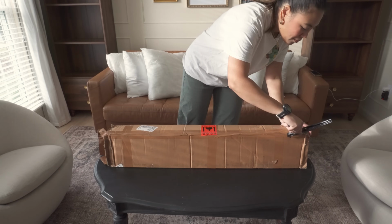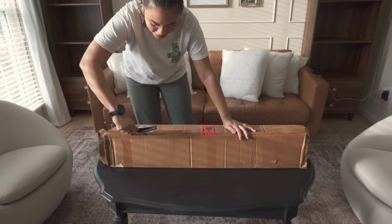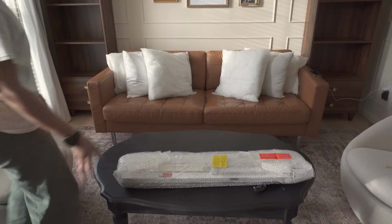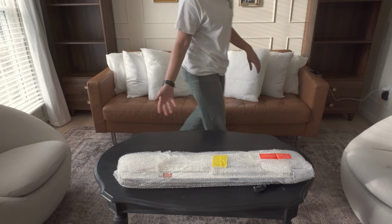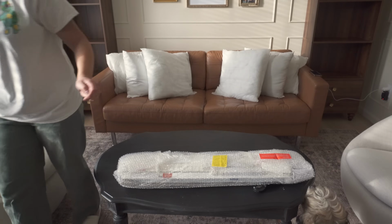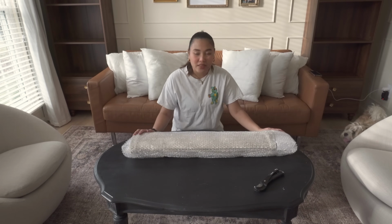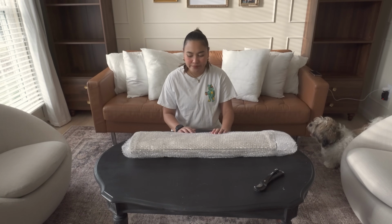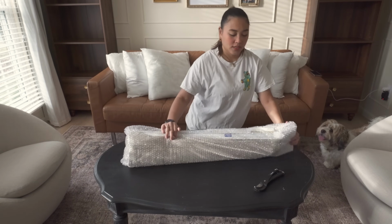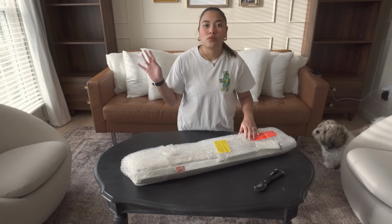I am aware that these are pipe cutters. I just don't know where my scissors are right now. When I got these, they were, I think, buy one, get one 50% off. So that's what made me jump the gun and actually get them, and I'm so excited. I got them in a darker, not super dark, like a dark tan color,